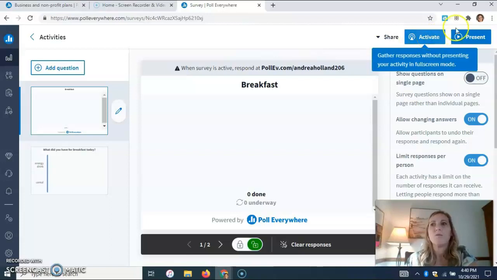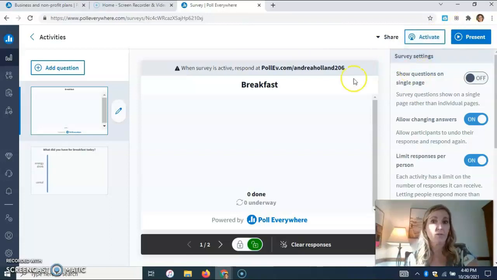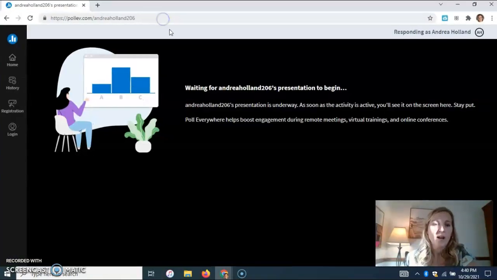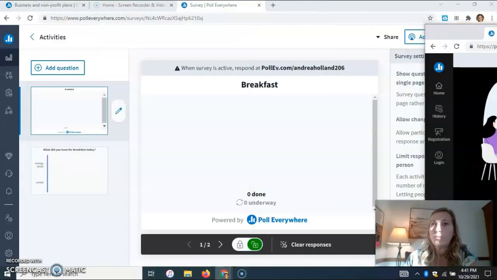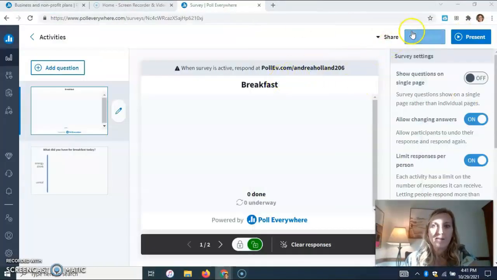I want to show you what a page looks like from a student's end. So you can see up here that my students are going to be logged into this website. They've got my username on their devices. So let's take a look at what that looks like. When they are logged in, they'll see a room like this. They'll go to this website. You can see that URL up here. And it says, waiting for Andrea Holland 206 presentation to begin. That means I don't currently have any active presentations for them to participate in. But if I activate this one right here,